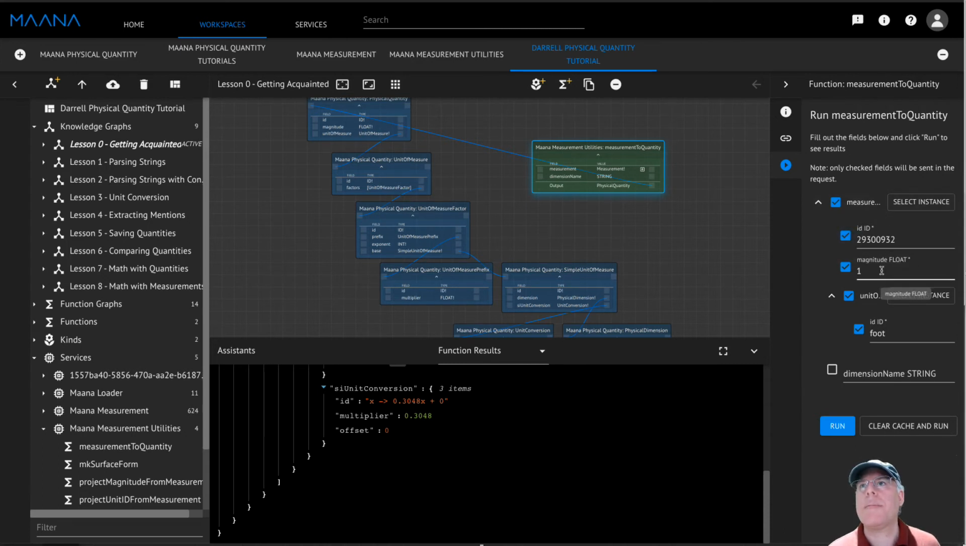Now let's try something a little more complicated. As I mentioned before, we should be able to simplify the representation of the unit of measure automatically. So here we're going to give it a unit of measure that has unnecessary terms in it. So we'll have foot per foot. Let's do kilogram foot per foot. And when we run that,